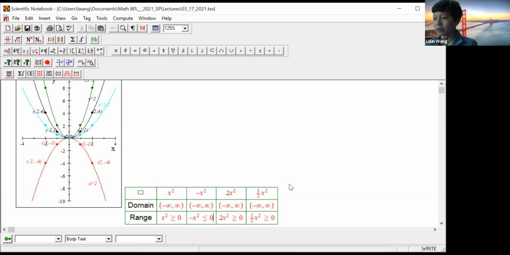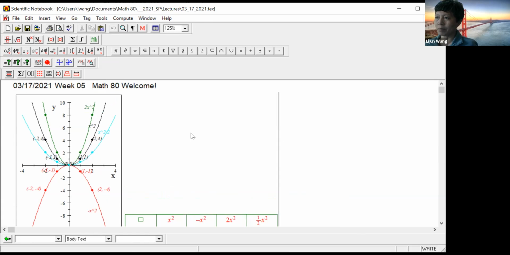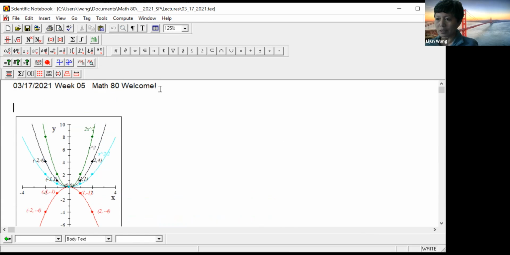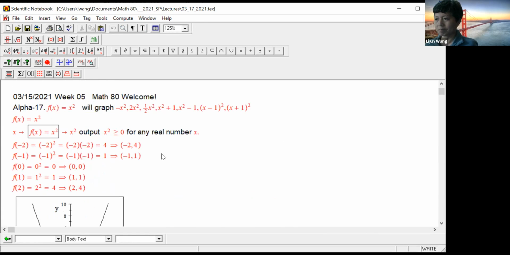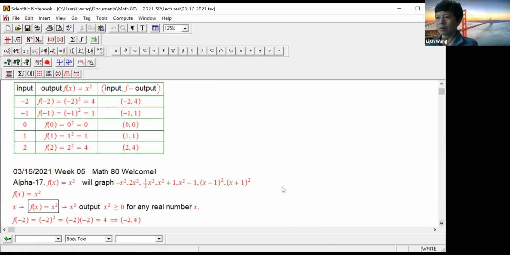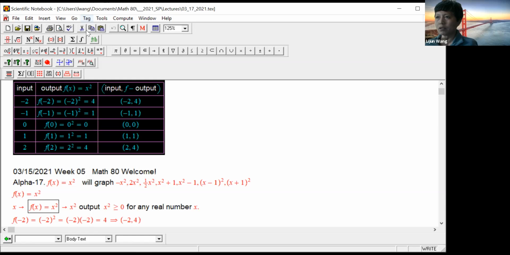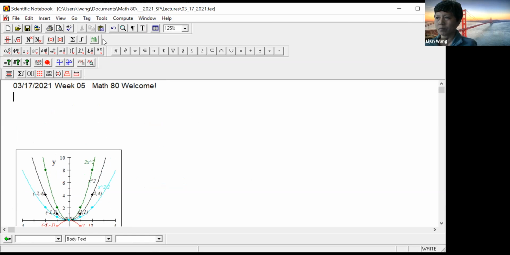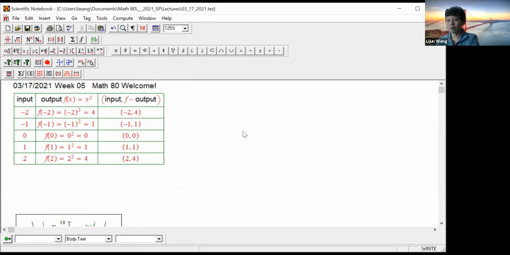And today we're going to look at four other functions, still derived from x squared. I'm asking you guys to roll up your sleeves and do some plotting. And we're going to still start from here, from x squared. But this time,